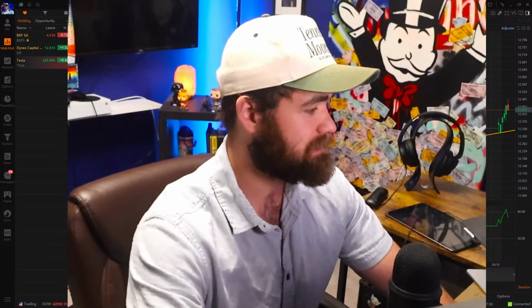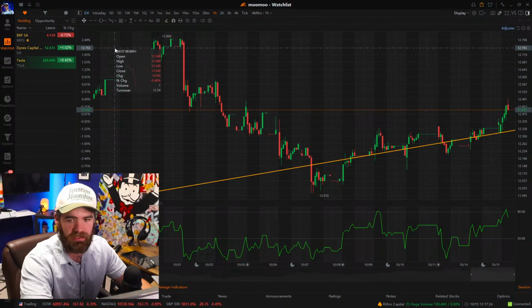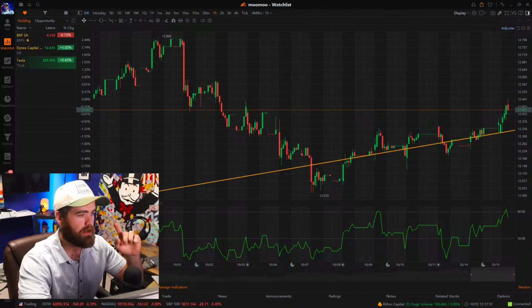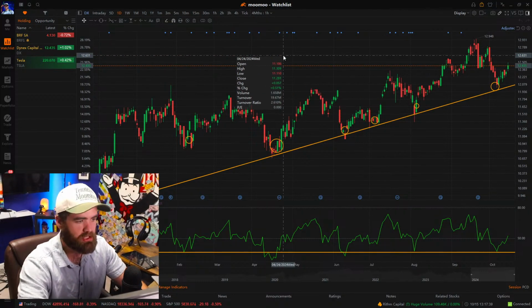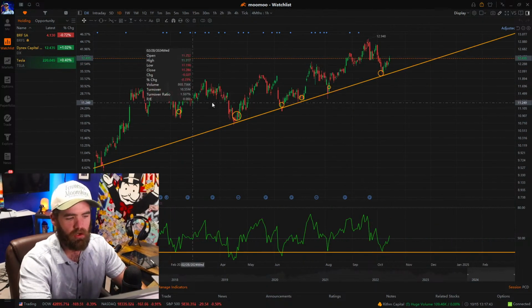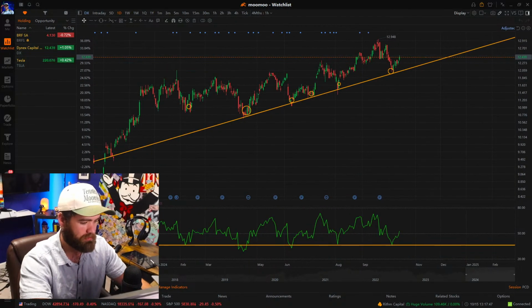So let's break this down here. Right now we're holding three positions. We're holding two decently heavy, one small position. Now the thought process behind this is very simple. Anytime I place a trade here, I make sure it follows my trading setup, my trading strategy. So it's very simple. We'll go through it real quick, and then we'll go ahead and answer your question, Bone,